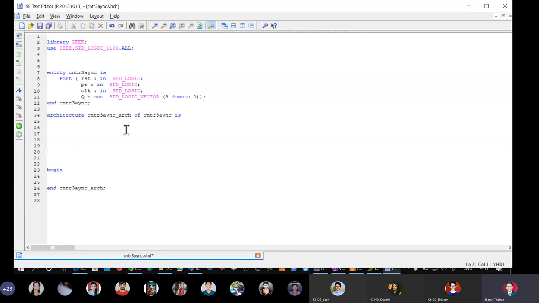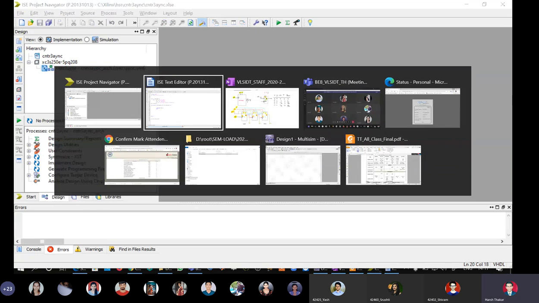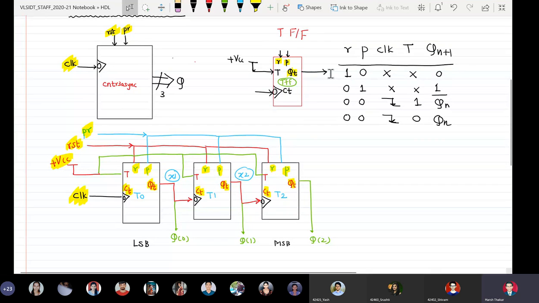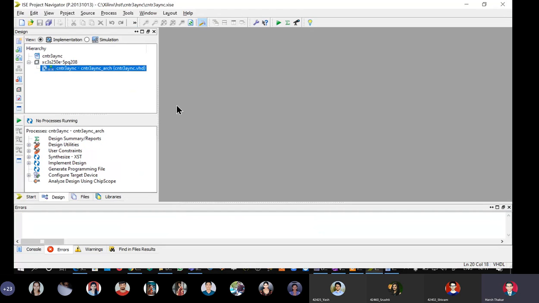Go to the declaration section and create a component. Component TFF is port. And our inputs are in the order R, P, CT and QT.